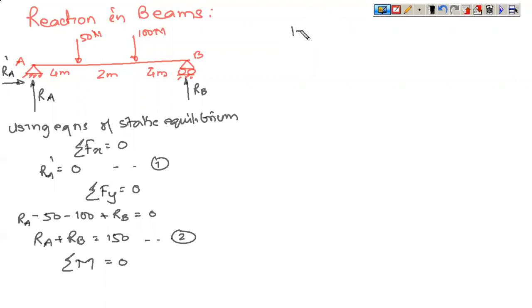So let us find moment about point A equated to 0. So this is moment about point A here. Moment about point A means that all distances now will be calculated from point A. If you are finding out the moment, then what you do is you take a rough notation that this is your point of reference.